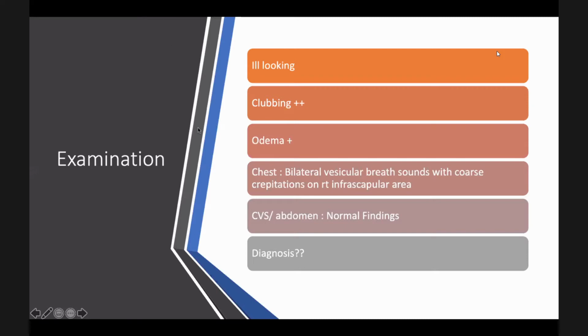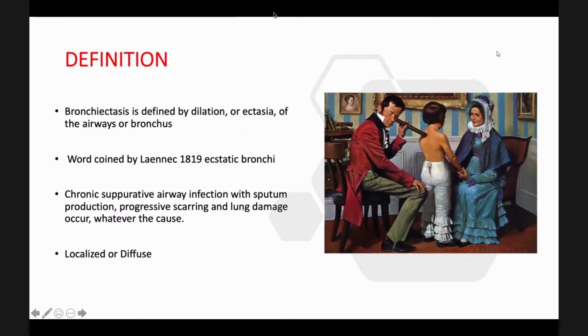So this is how the typical presentation of the patient might be in the case of bronchiectasis. So with this index case,